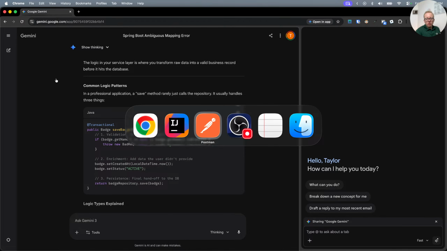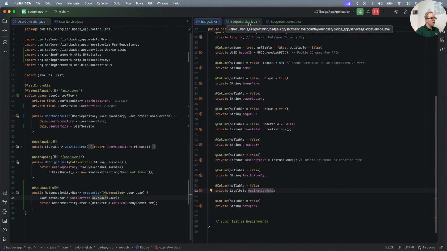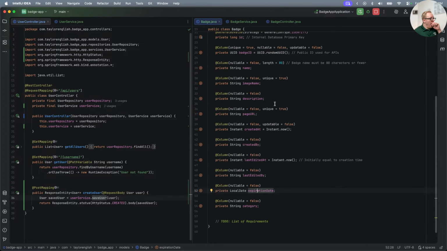So what we need to do is we need to convert this expiration date into a local date. These will hopefully take care of themselves. And then,